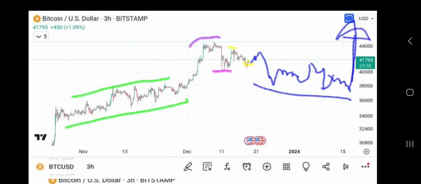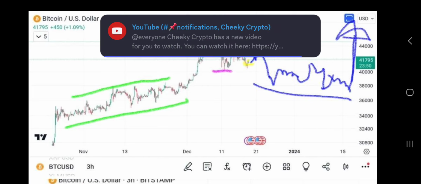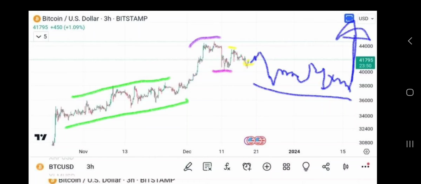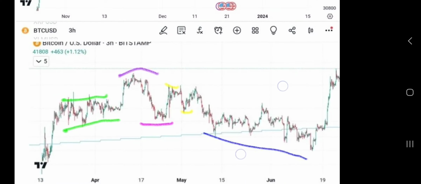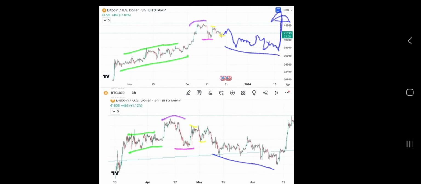So basically, this is a screenshot of the current price of Bitcoin. And I just drew a little bit of some squigglies on there. But basically, it sort of looks like this fractal down here. So if I zoom out, you can kind of see. I mean, it's not perfect by no means at all, but it's something worth looking at, especially if I do